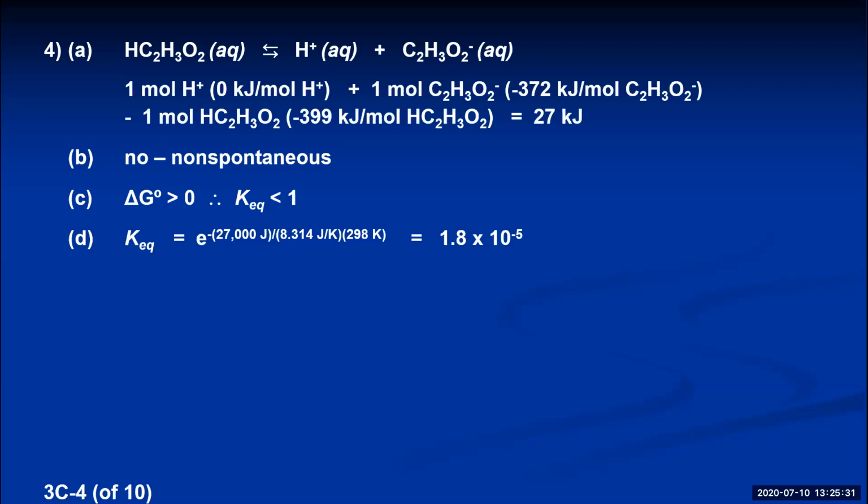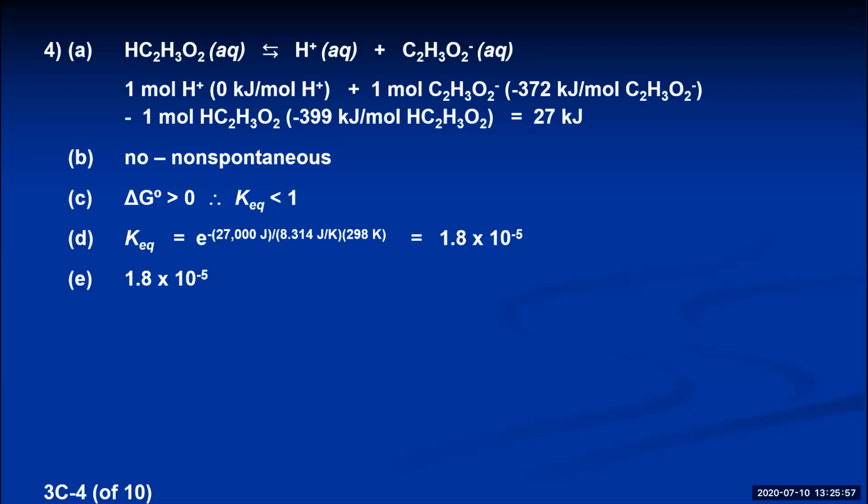E, what is the Ka value for acetic acid found on handout 3? If you look it up, 1.8 times 10 to the minus 5th. Are you amazed and stupefied by that? Pretty good correlation there. F, if the concentrations of each species are acetic acid 0.100 molar, hydrogen ions 1 times 10 to the minus 7th molar, acetate ions 1 times 10 to the minus 7th molar,